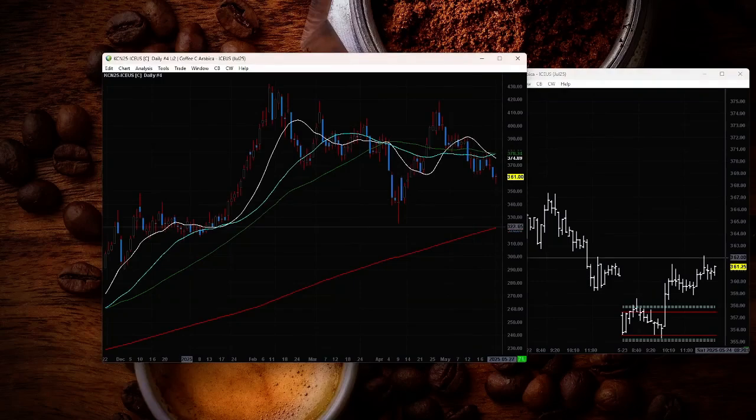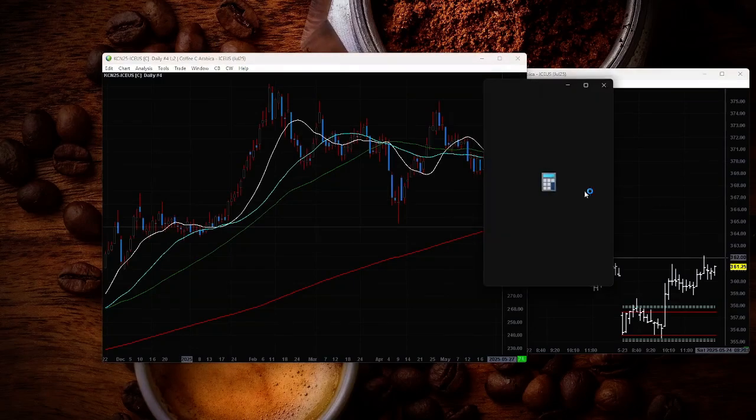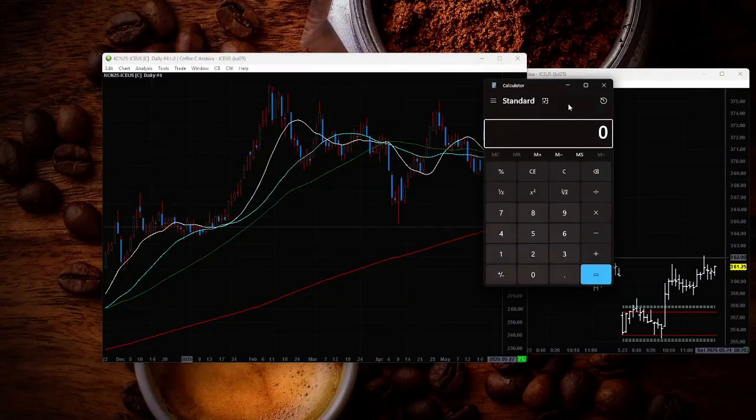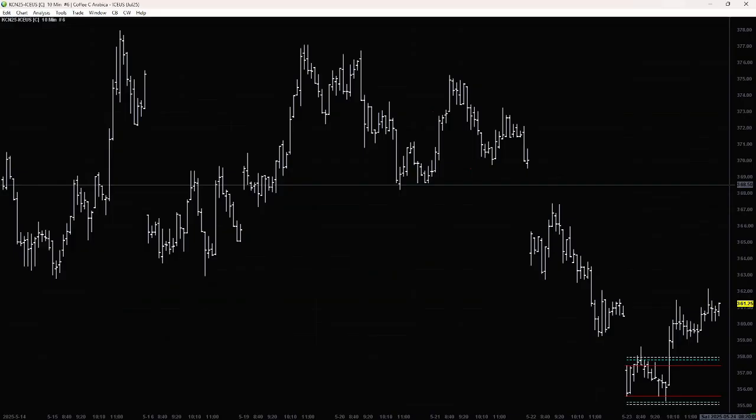So let's just do some quick math so we understand what we're talking about here. If 50 cents is $1, right? Because it moves in 5-cent increments. So if you do 100 divided by 5, there are 20 ticks for $1, right? Like trading Treasury.